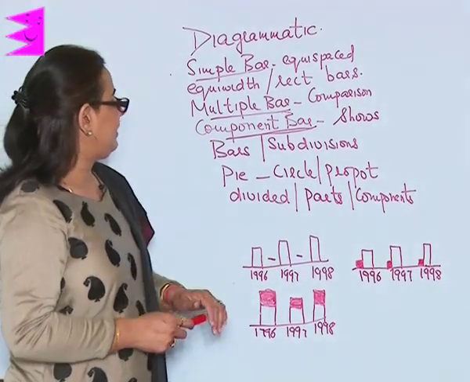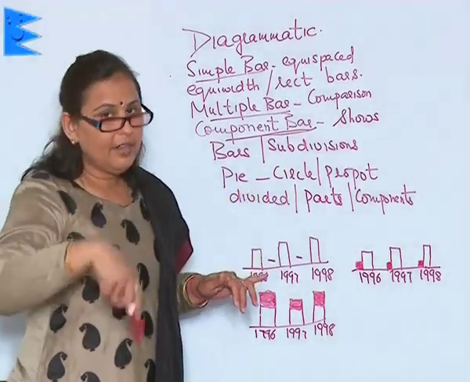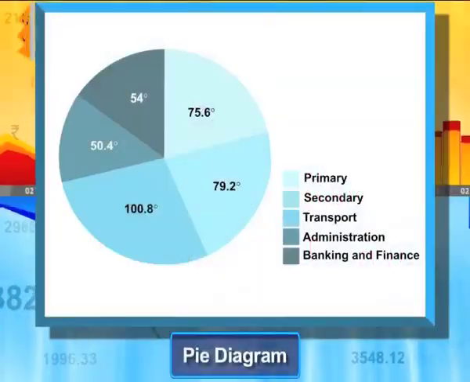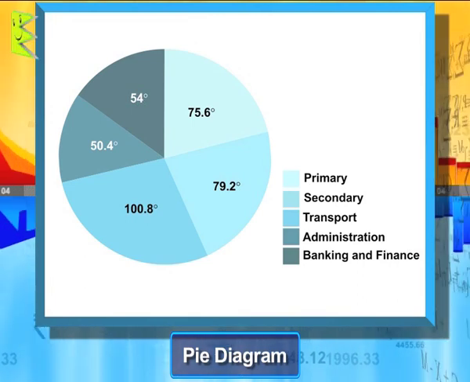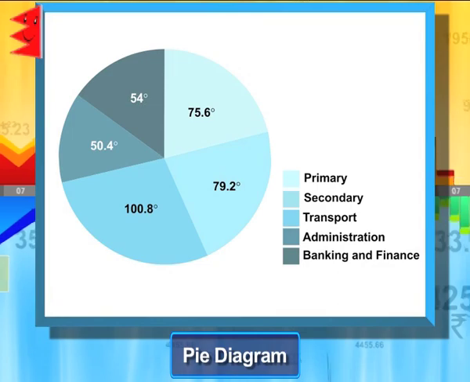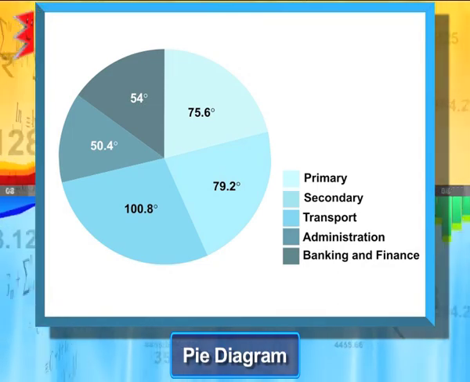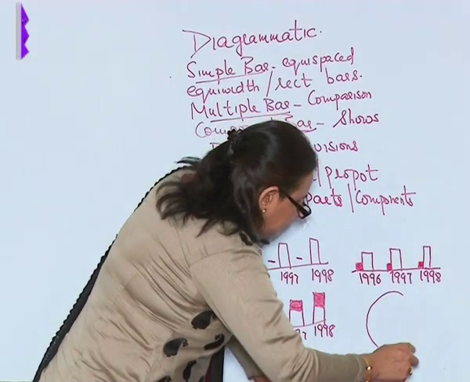The next is the pie diagram. Pie means circle, round. The pie diagram is a circle diagram which is divided proportionately into as many parts as there are components. Now, I will draw a pie diagram. Pie diagram is